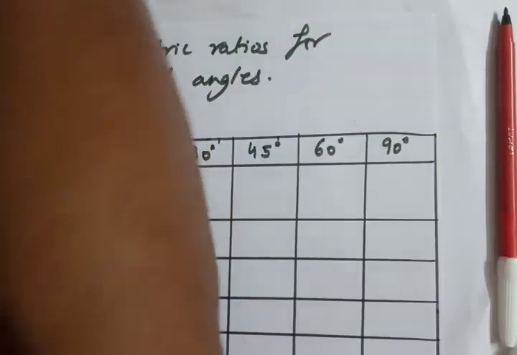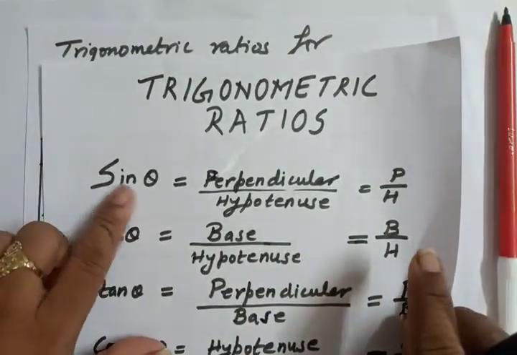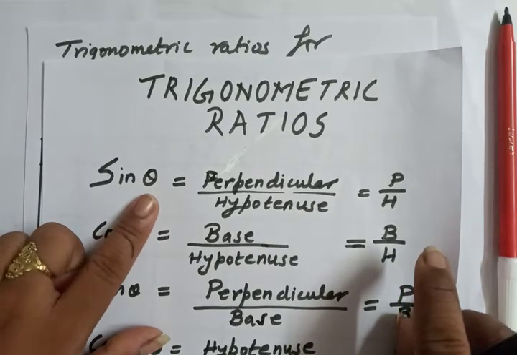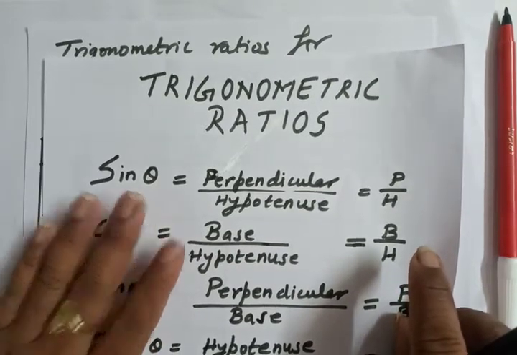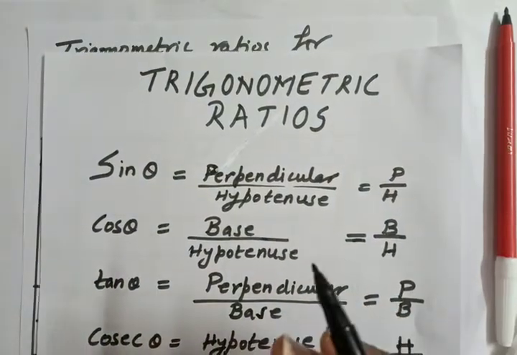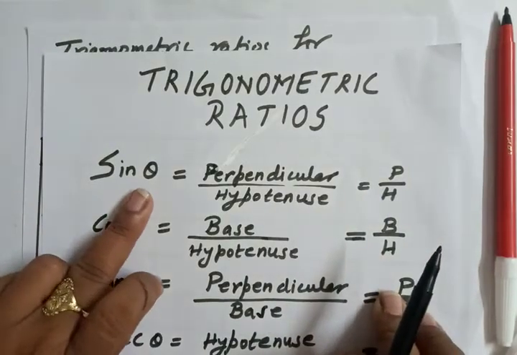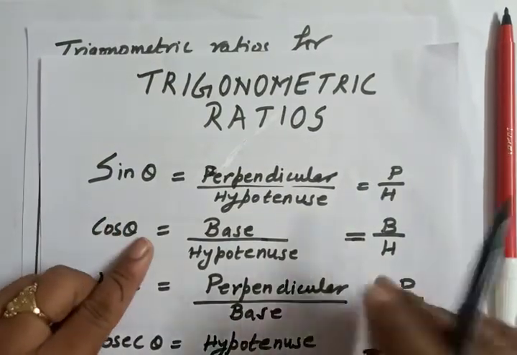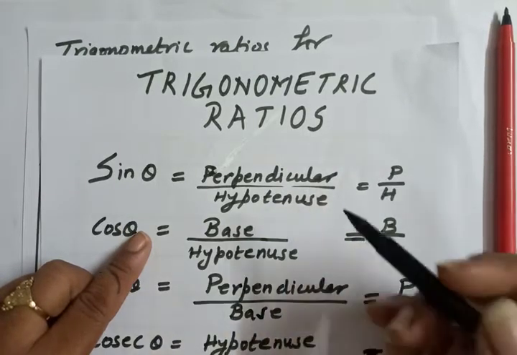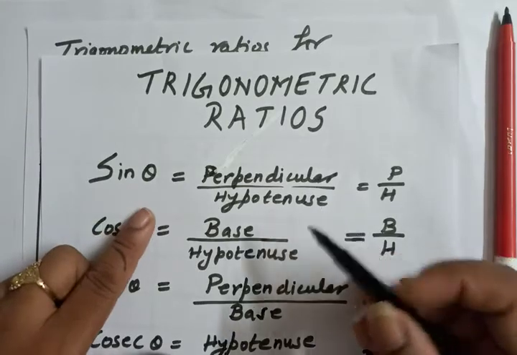just like I have written here, sin theta. So what is theta? Theta is a variable here. See, theta could be 0. If theta is 0, there will be no triangle, because perpendicular and base will be overlapped to each other. If theta is 30 degree, means again acute angle. So what will be the measurement of that? If theta is 45 degree, 60 degree, and 90 degree.